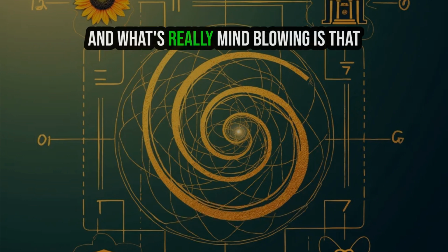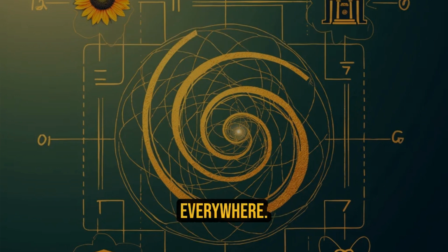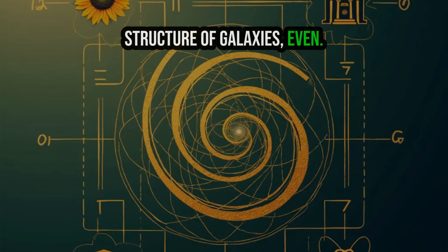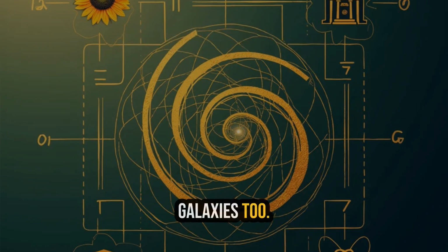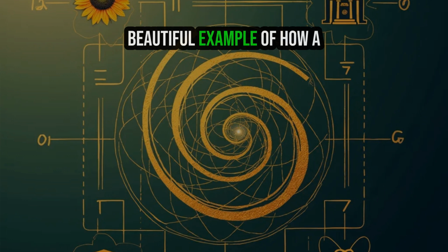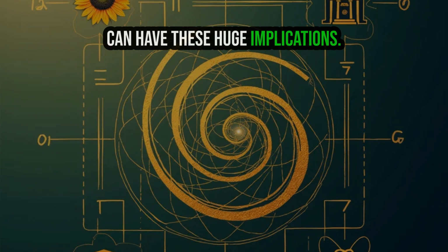Exactly. And what's really mind-blowing is that this sequence pops up everywhere. Yeah, I've heard that. Pretty much. From the arrangement of petals on a flower to the structure of galaxies, even. Seriously. Galaxies, too. You'd be surprised. The Fibonacci sequence is a beautiful example of how a simple mathematical concept can have these huge implications in tons